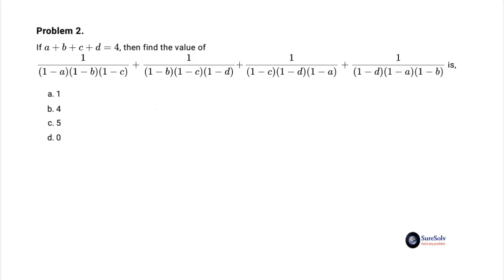The main question is how to use the given expression to get a useful relation between the 4 factors 1 minus a, 1 minus b, 1 minus c and 1 minus d which make up the direct expression. It takes just a moment to identify easily that the key lies in the numeric term 4 on the RHS of the given expression. Just share 4 equally between the 4 variables and you will get 1 minus a plus 1 minus b plus 1 minus c plus 1 minus d equal to 0.